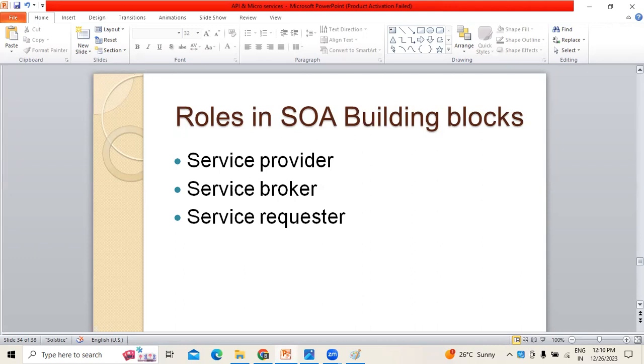The service requester locates the entries in the broker registry and then binds them to the service provider. So these are the three different roles we see in service-oriented architecture building blocks. Clear? Now we need to discuss service-oriented